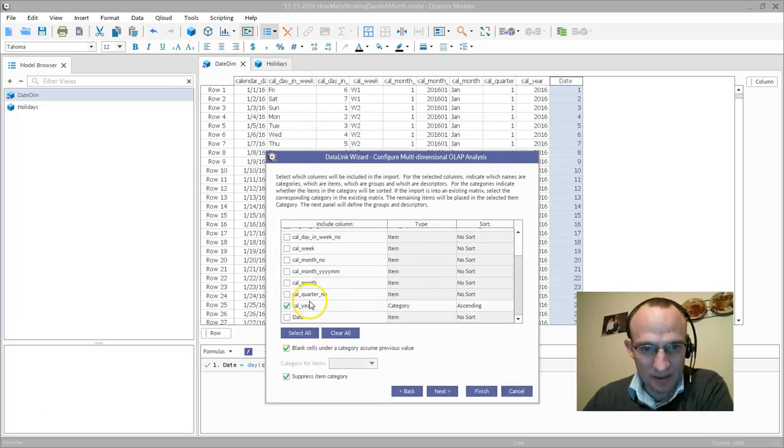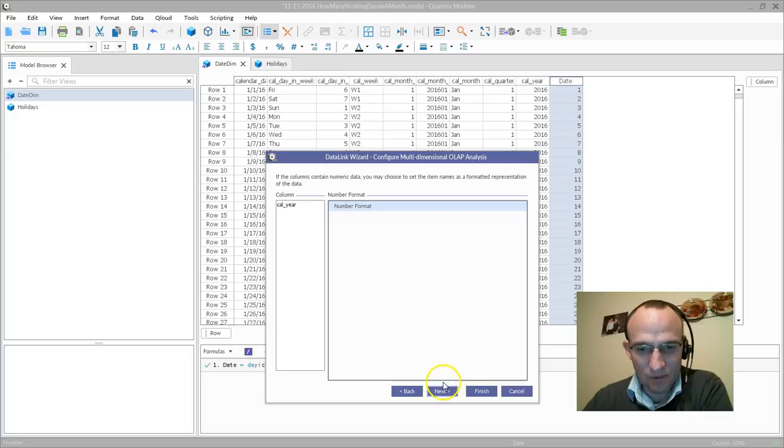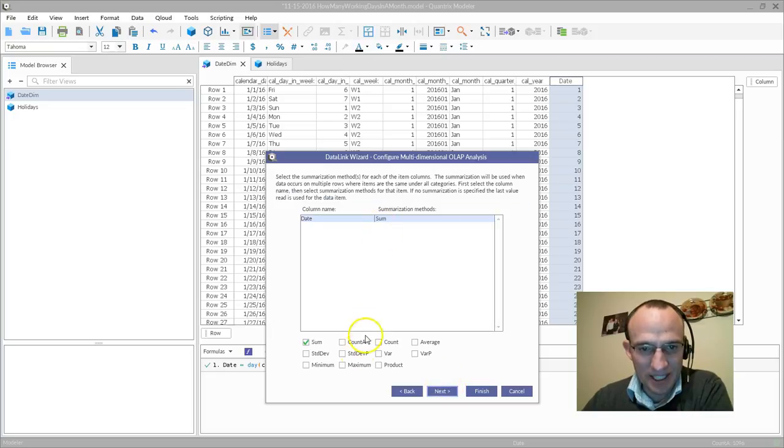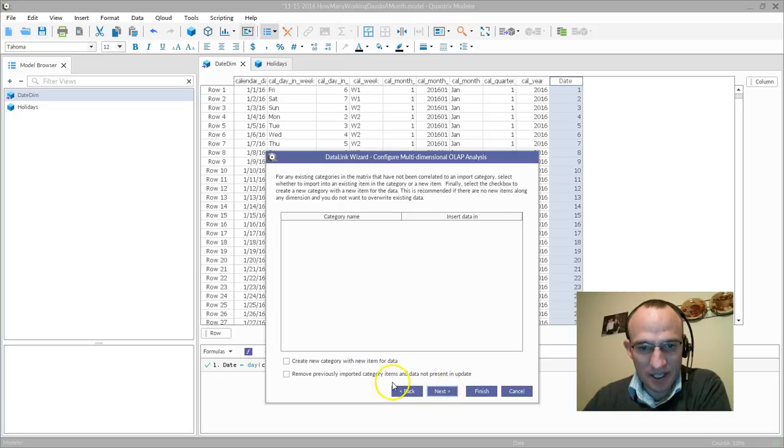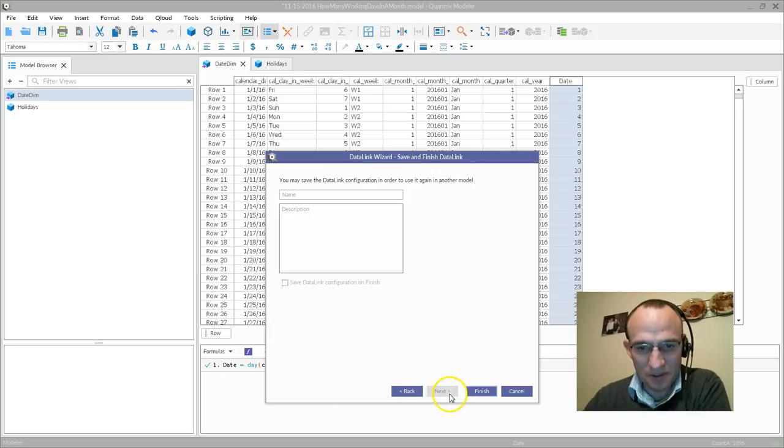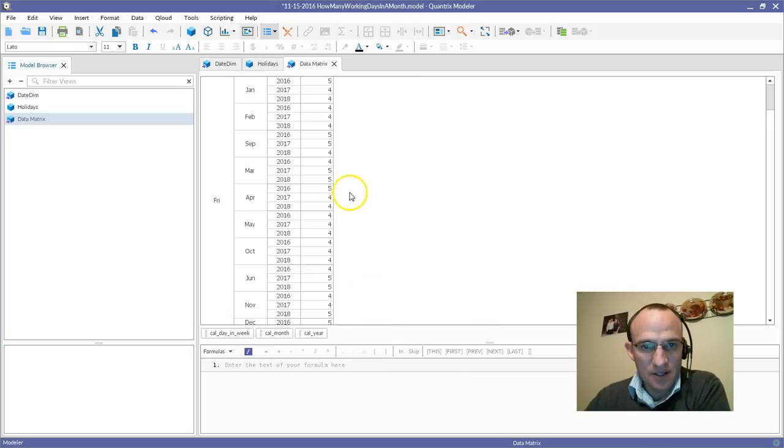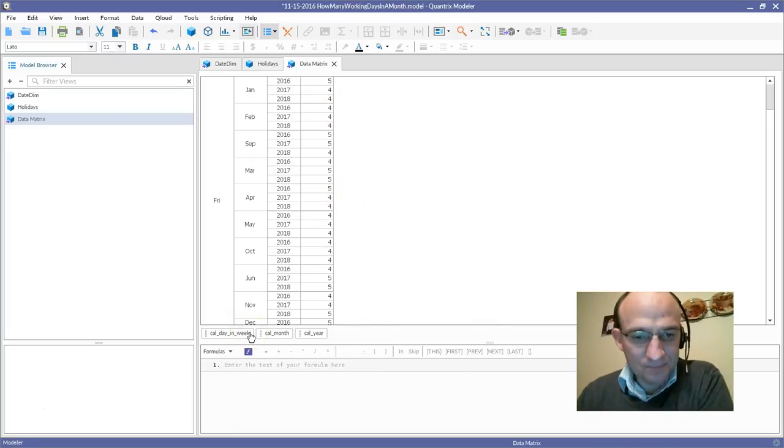And I think it's not calendar month number, it's calendar month like this. And I also want that to be a category. I'm going to go ahead and bring in date as an item, and then with that I want to have my date not be a sum, but rather I want it to be a counta. If I go ahead and I select remove previously imported and I select finish, what you can see is if